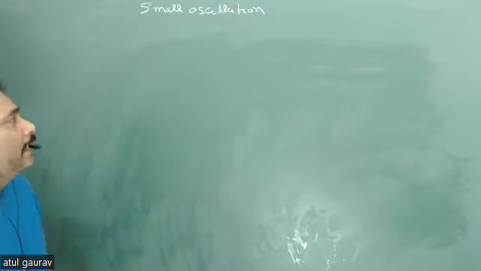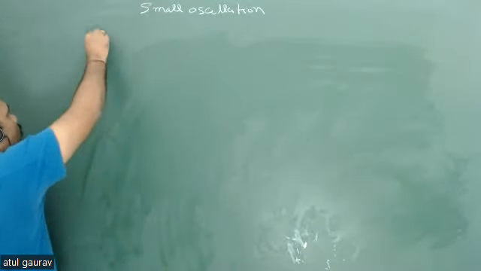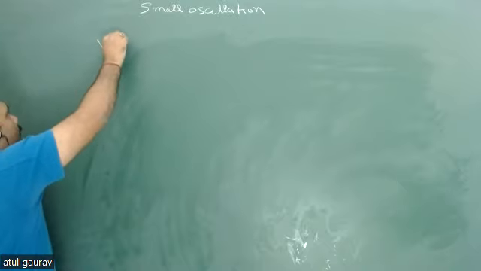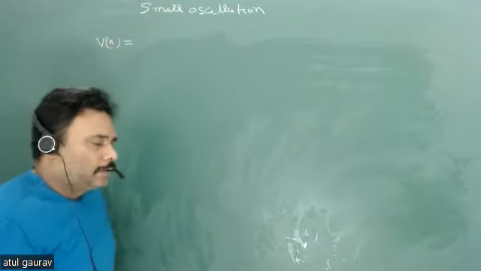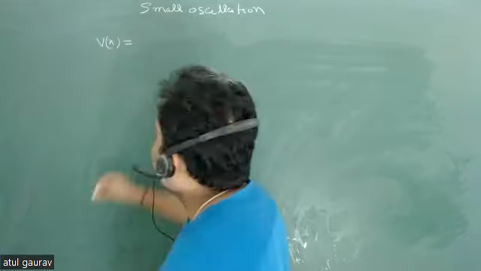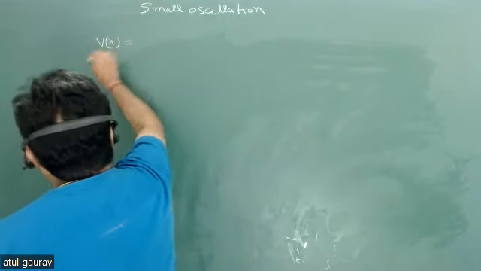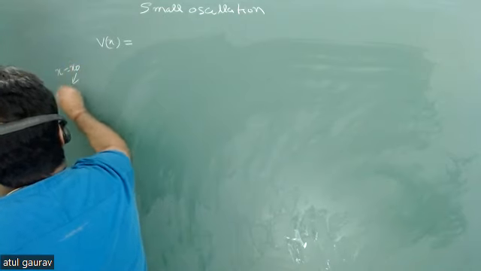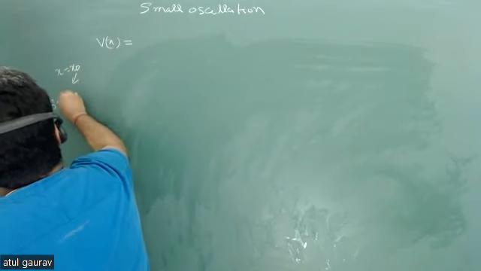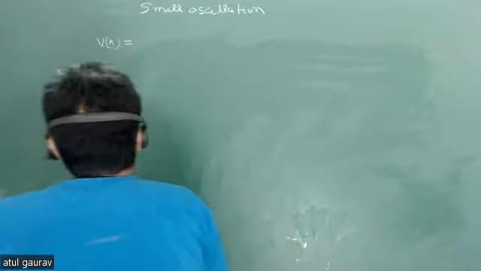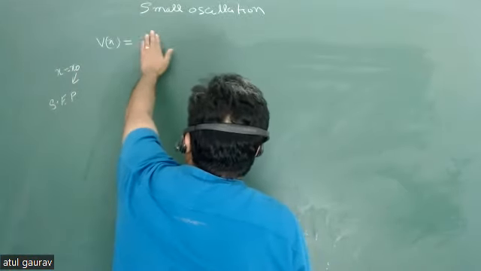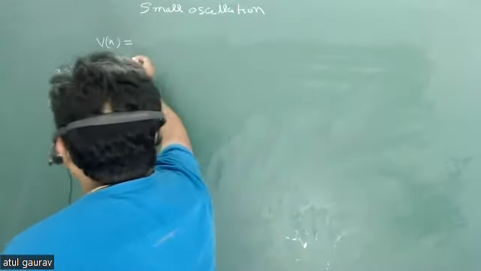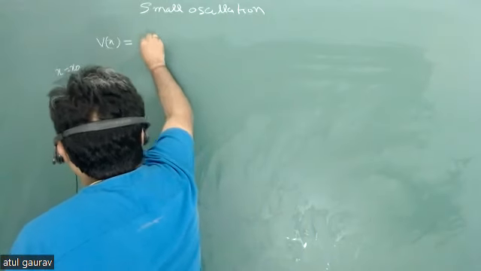So suppose I have any potential V(x), and I can do the Taylor expansion of this particular V(x). About which point? About x equal to x naught. And what is this x naught? The stable equilibrium point. So this is my potential. Suppose this kind of situation is there. So what you have is V(x naught)